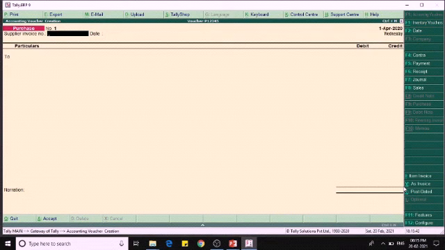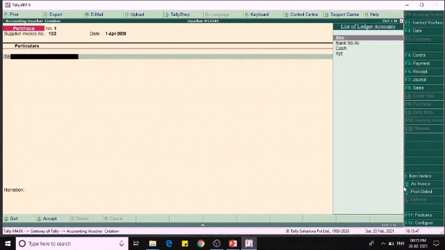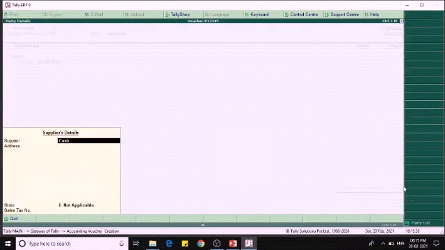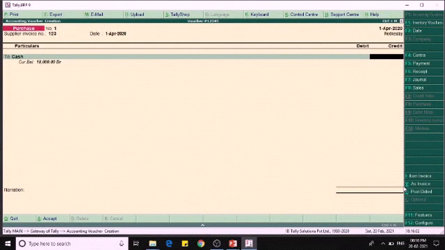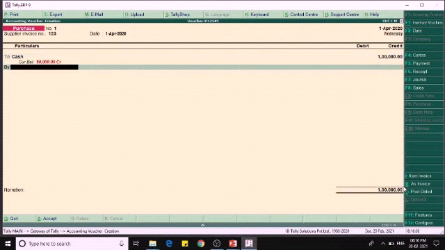We can give any supplier invoice number as 1, 2, 3 and then in the To column I am giving cash. Okay, 1 lakh. So we didn't have any opening cash, so it shows negative cash.